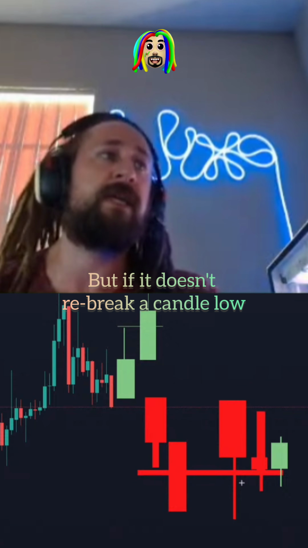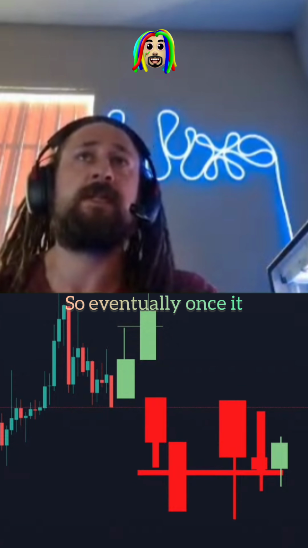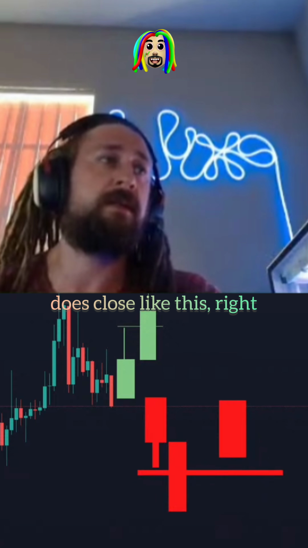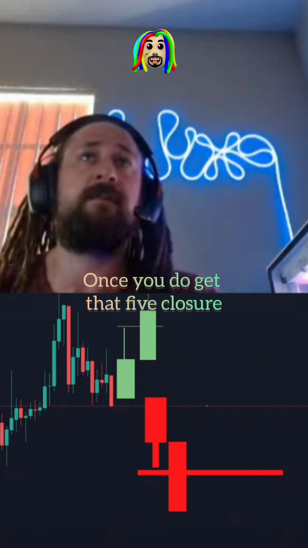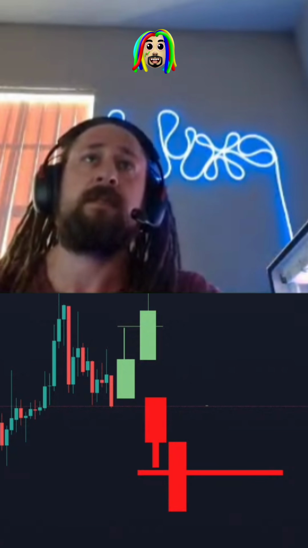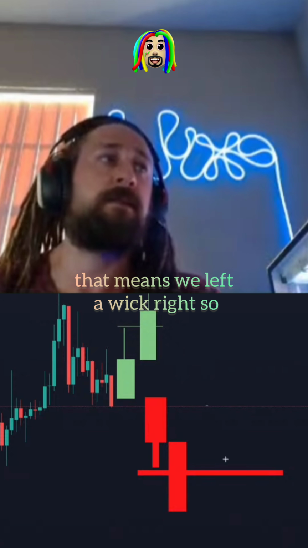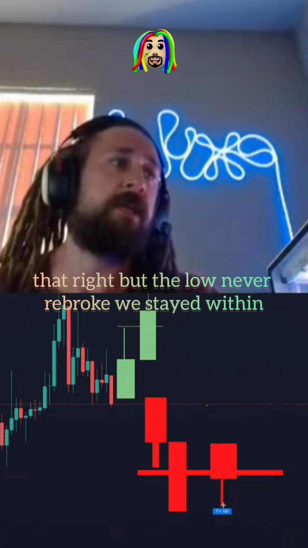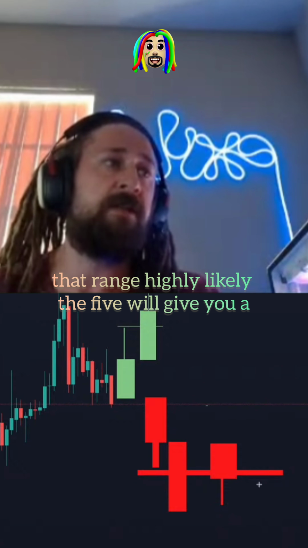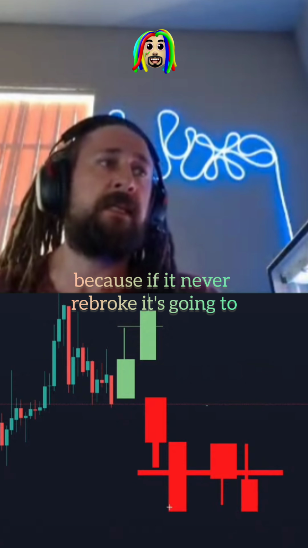But if it doesn't rebreak a candle low or the candle high, we will wait for that 5 minute to close. So eventually, once it does close like this, right? This is the 5 now. Once you do get that 5 closure, typically if we never rebroke the high, that means we left a wick, right? So if we never rebroke the low, let's say we did all that, but the low never rebroke, we stayed within that range, highly likely the 5 will give you a flip entry,